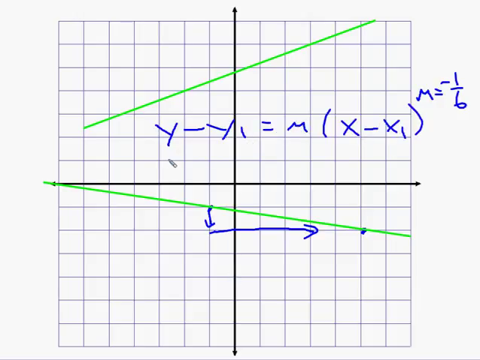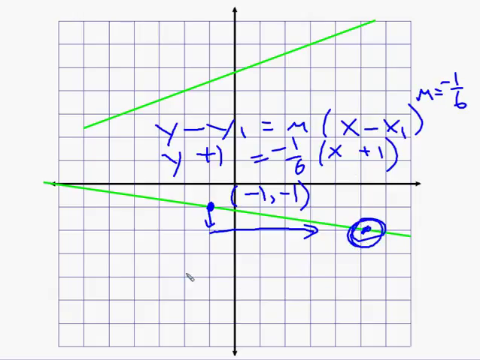Okay, fill it in. y plus 1. It's going to be plus 1 because this point is negative 1, negative 1. Equals negative 1/6 x plus 1. I could also use this point right here. Let's do that one. y plus 2